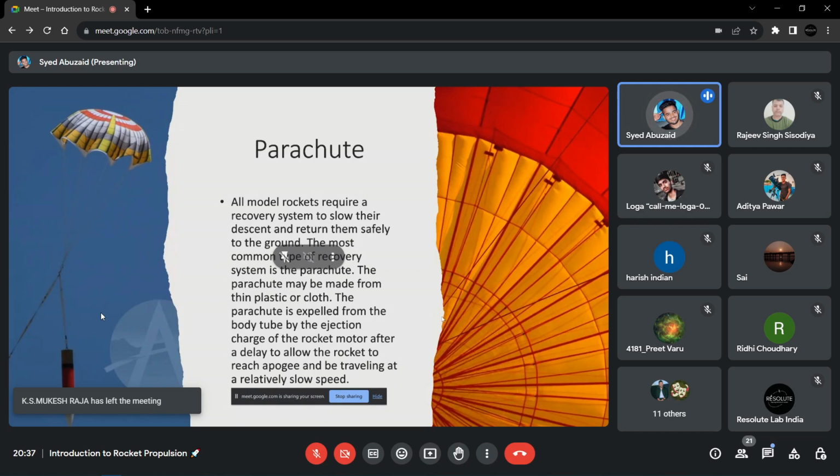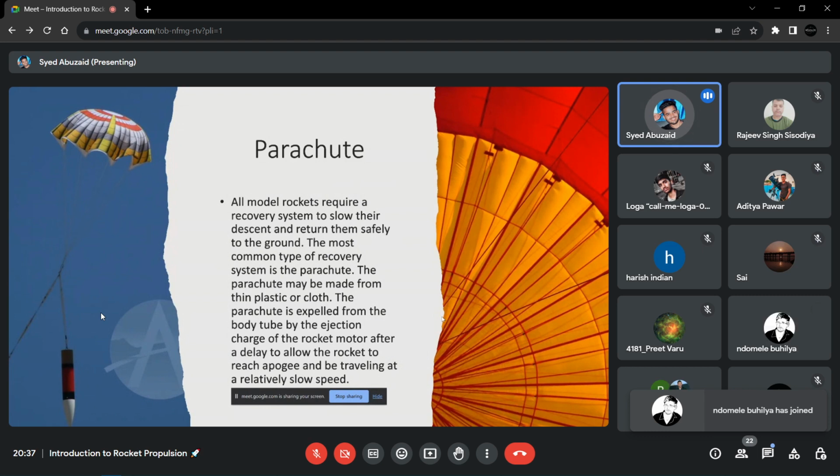Like if I'm giving calculate its descent velocity will be 25 kilometer, then its descent velocity will be 25 only. It cannot increase. Air current cannot affect it. Okay, because there was another